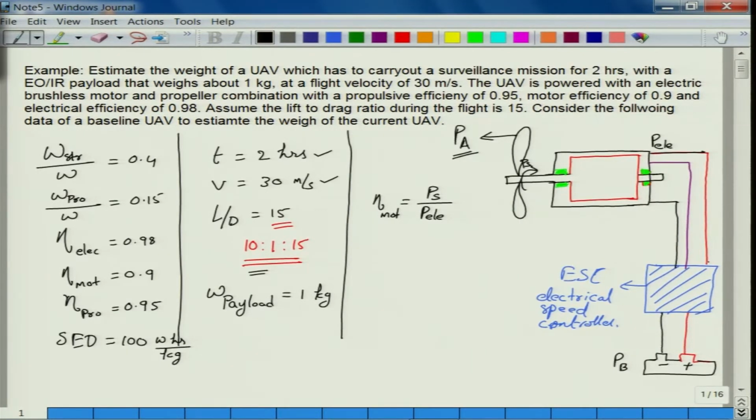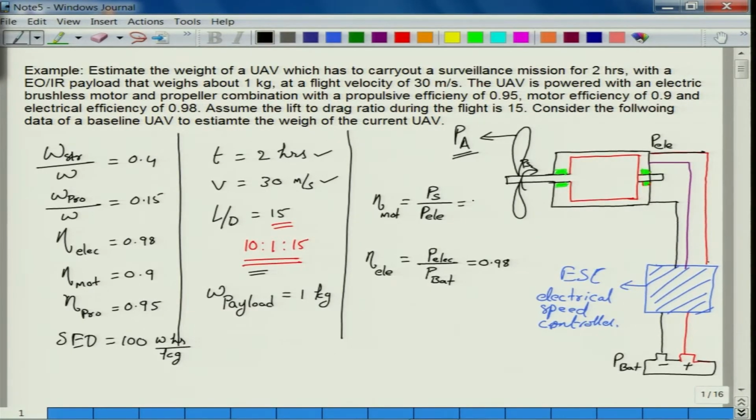So, when there is a power supply through this electrical equipment, there is resistance, of course, we can't avoid resistance. So, there are certain losses here. So, that electrical efficiency is given as, the input for this electrical efficiency is power from the battery, and the output is power electrical to the motor, which is input to the motor here. So, P electric upon P battery is the electrical efficiency and it is given as 0.98,